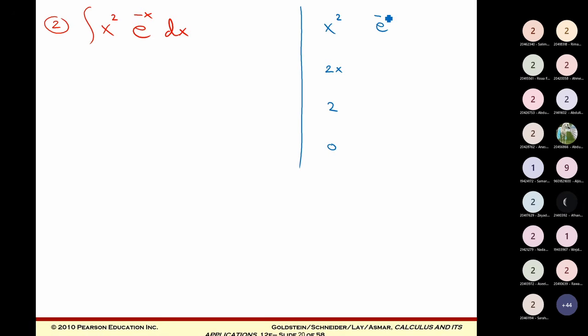But the integration of e to the power negative x is minus e to the power negative x, because this is over minus 1. Multiply this one with this one, with positive, negative, positive. So the answer equal